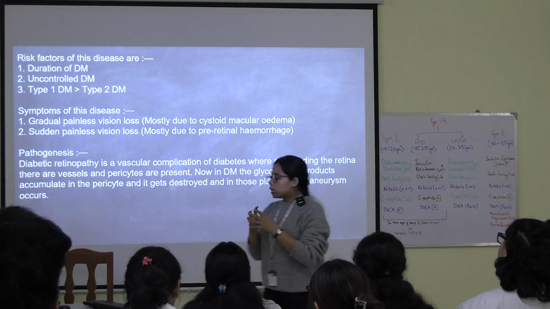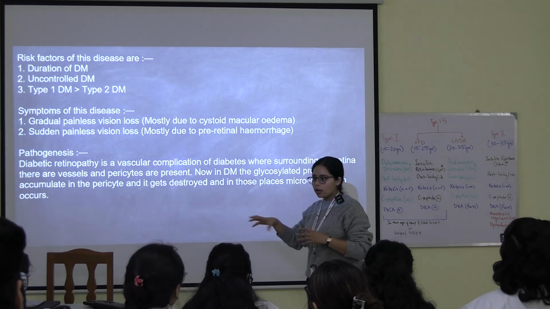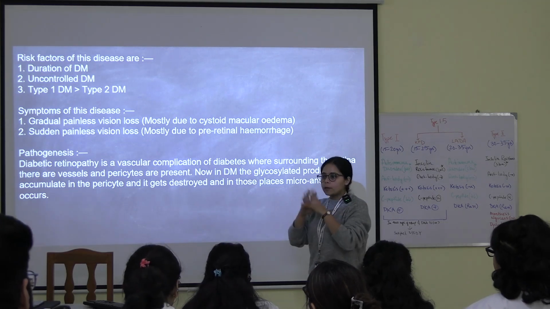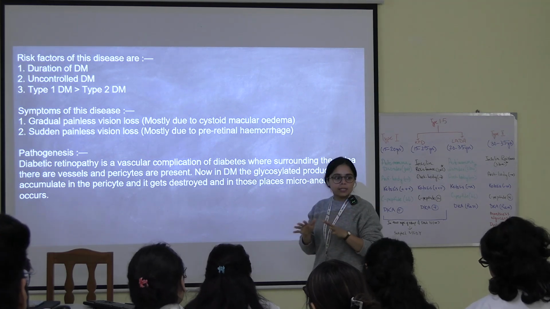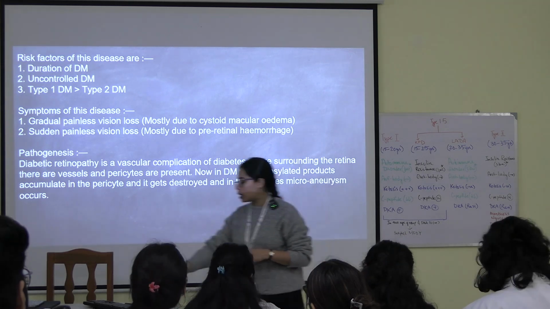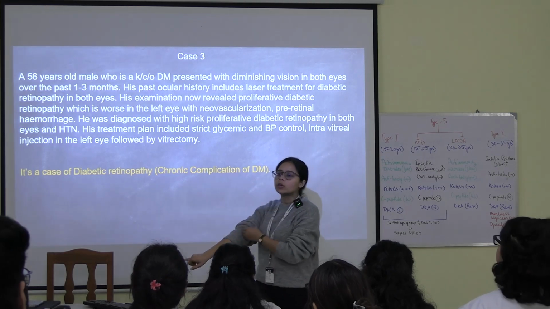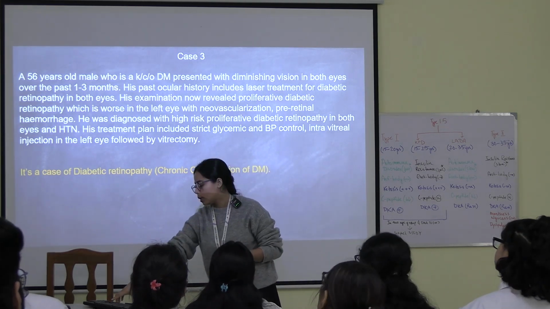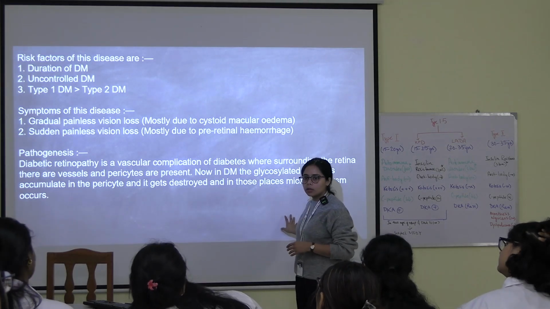That is, the glycosylated product went and got accumulated in the cells in the retina. It got clumped, it burst, gave the bleeding. After that, it formed new vessels, neovascularization, right? And for the treatment of neovascularization, we give this intravitreal injection, okay? So this is the pathogenesis, why this is happening. Okay.